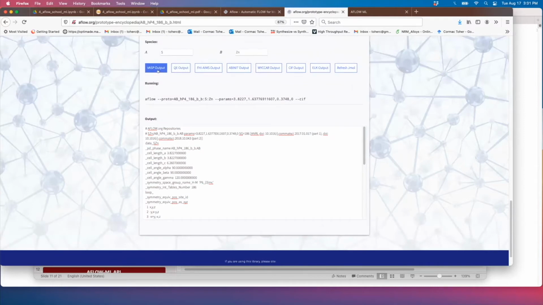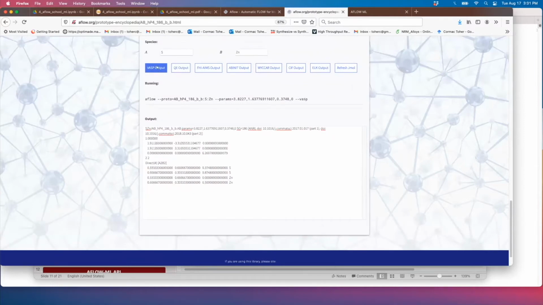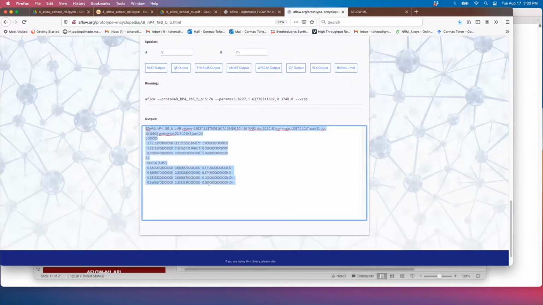So I can also generate VASP output. Here you see that it's the VASP4 format. You can see it doesn't have the extra line that I mentioned, so we would need to add this. So if I copy this,